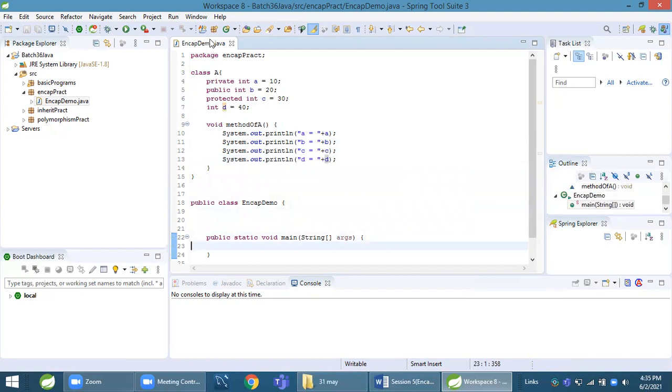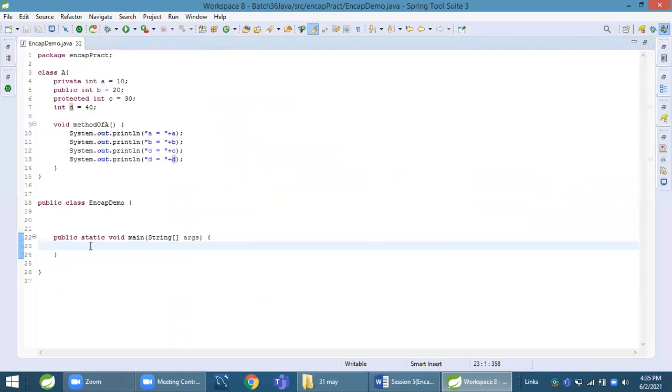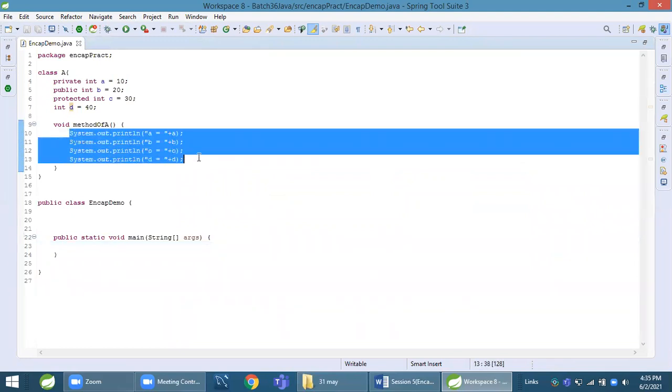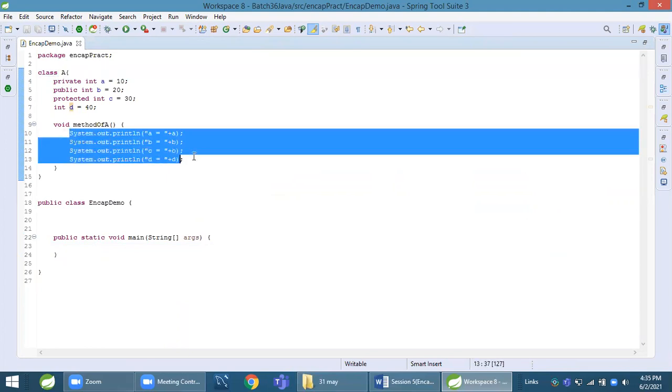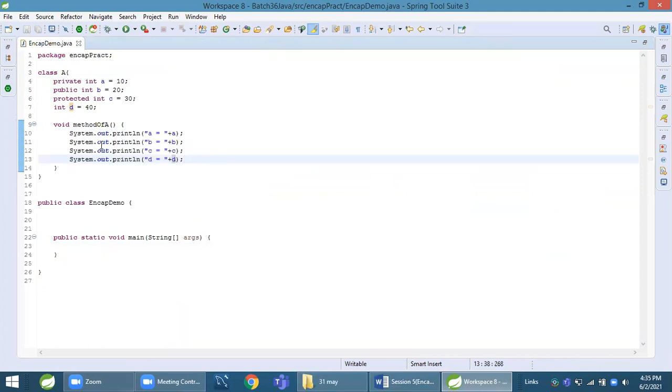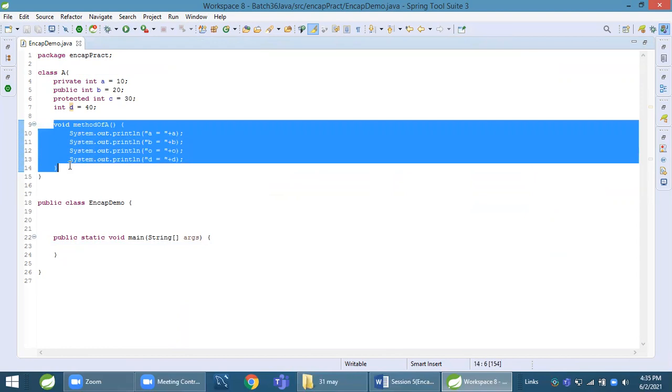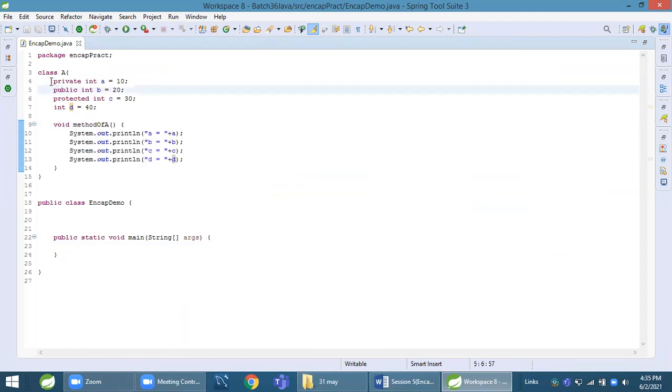Now we'll check. From here only we can guess that everyone is accessible within this class, because if it's not allowed, then STS shows us an error. That's why we can say every member is accessible within the same class.